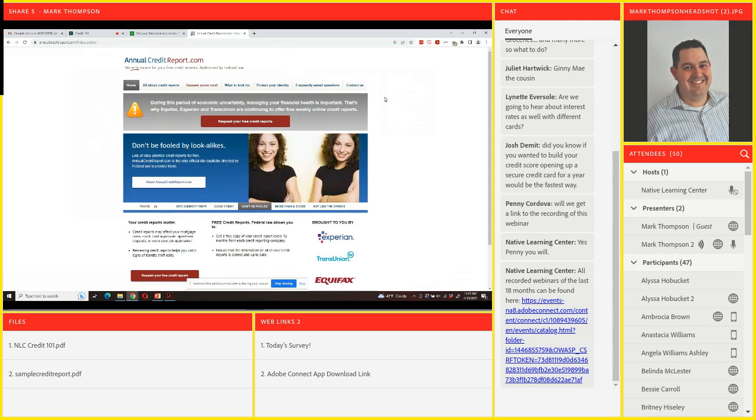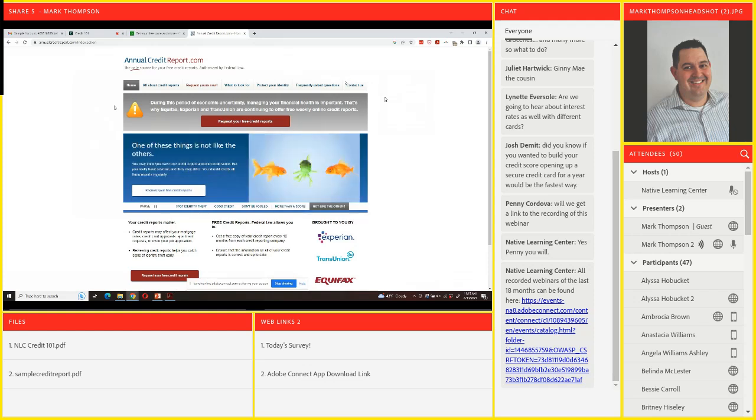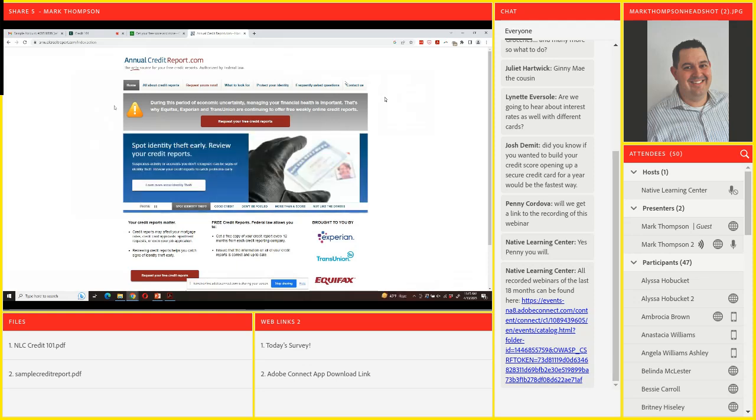And if they all look good, maybe you sign up for Credit Karma, and then don't worry about it any longer, right? Credit Karma will notify you if something is wrong. So that's an easy way so that you don't have to drive yourself crazy going on here to the website and getting a free credit report every single week.